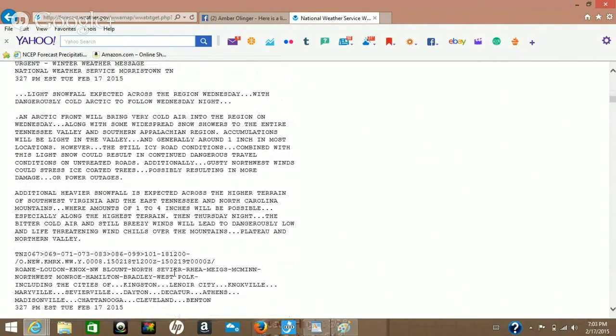And this actually is also for the Tennessee Valley, as I've told you. It looks like additional heavier snowfall is expected in higher terrain, East Tennessee, North Carolina mountains, where 1 to 4 inches will be possible, especially on the highest terrain. Then Thursday night, bitter cold will spill across the area with dangerous, life-threatening conditions in the mountains across the plateau